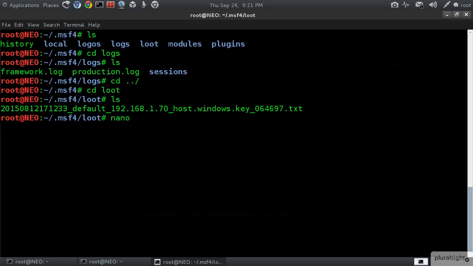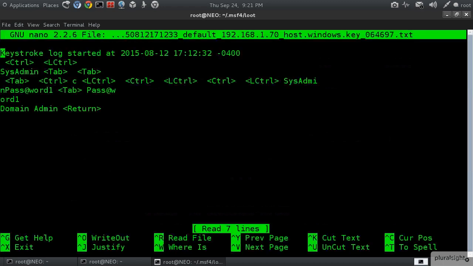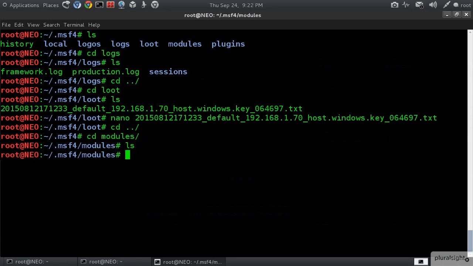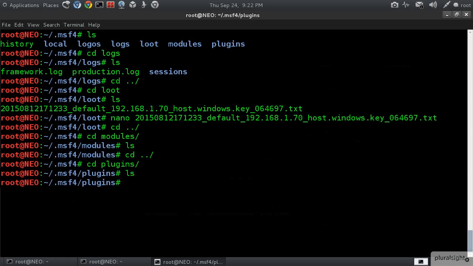So if I go to nano and just choose that file, you can see that there's a password in there, there's an account in there, and a domain admin group. So whatever was on that machine, I captured that information. And this information, it gets stored in the loot folder. And then of course, if I come back out, I can go into the modules folder, and you'll see there's nothing in those. I can also come back out and then go into plugins and list those out, and those are empty because these are the locations where you can define your own, and they get added into the core